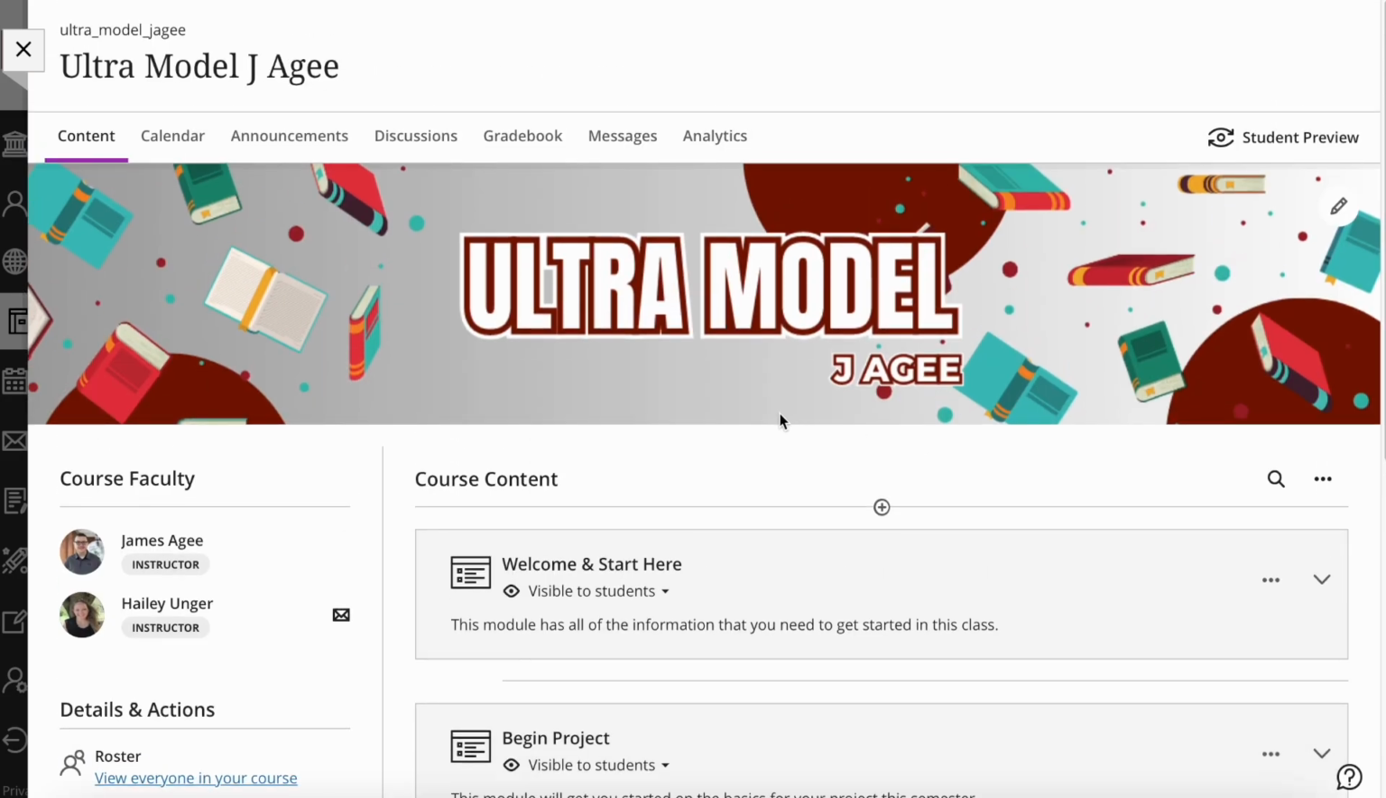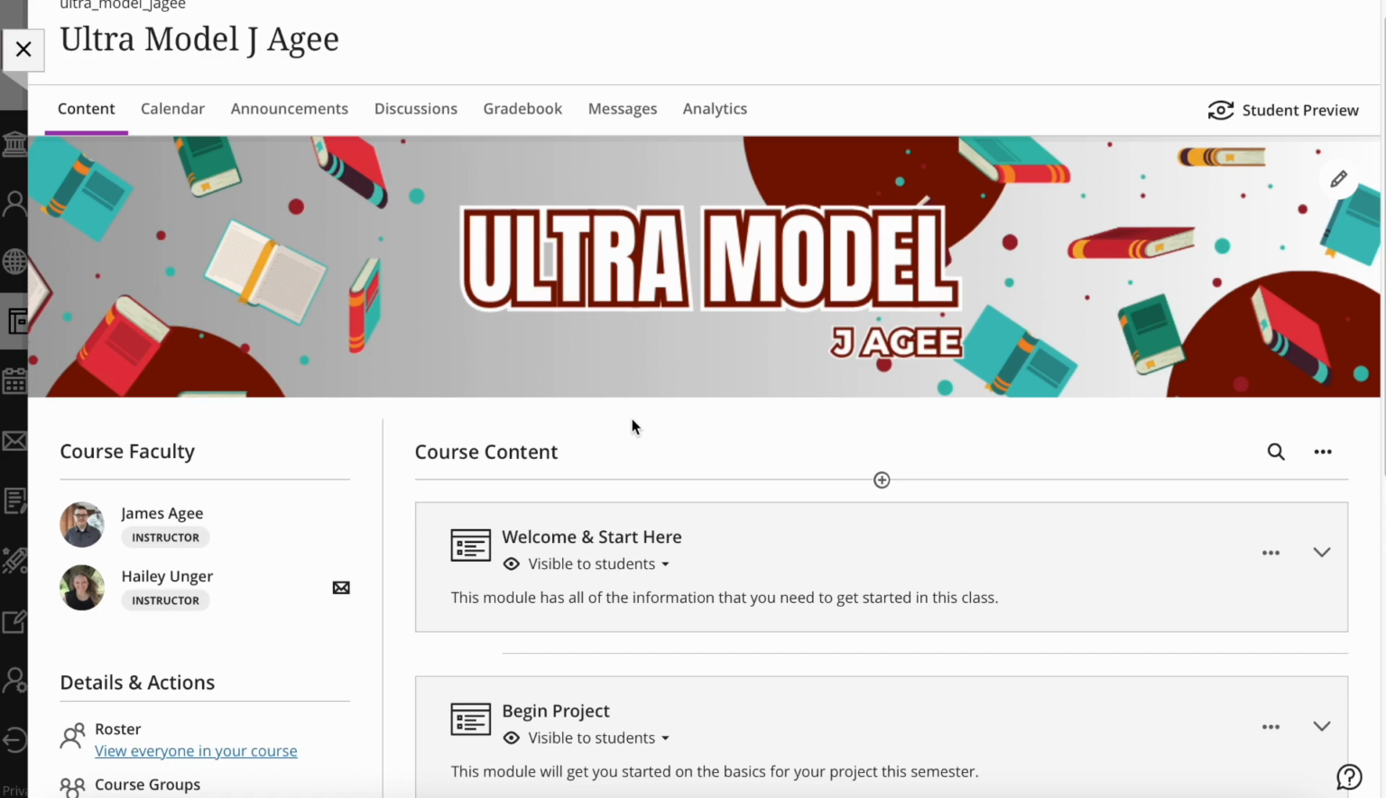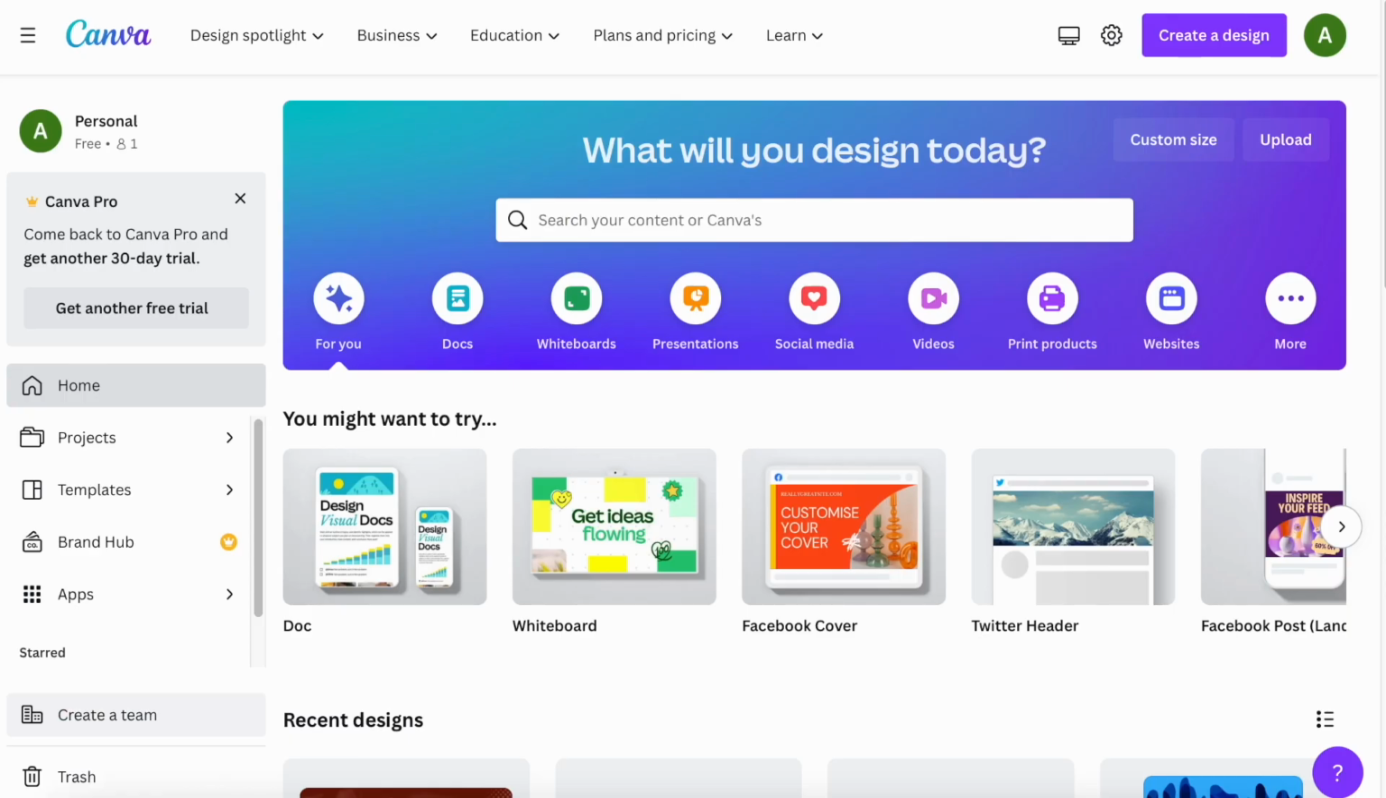One thing to keep in mind is the placement of your text. On your banner, it's best to place your text directly in the center so that it's visible on the tile view when students are viewing their courses. Feel free to use any design software that you prefer. For this example, we'll be using Canva,